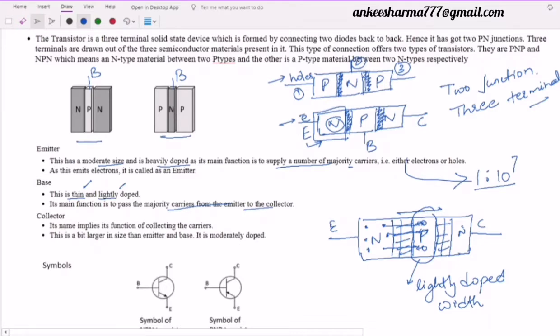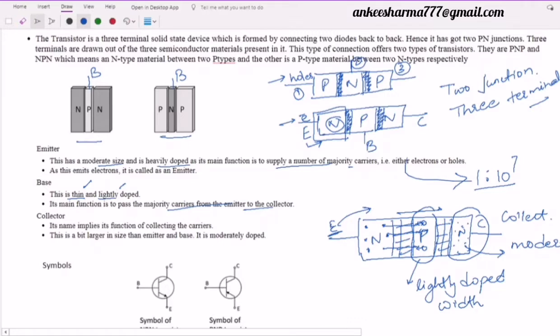Third one, which I am talking about here, is this collector part. Now as the name is collector, it means it is going to collect the carriers. Emitter will emit, base will only pass these carriers, and the collector is going to collect these carriers. So here we are going to have moderate doping. Why we want moderate doping? Why we don't have high doping? Because once we have high doping, the carrier concentration of electrons will be high, and in the n-type we have these electrons over here. It means the carrier concentration of electrons will be high. So once we have the electrons in the p side, it will be difficult for these electrons to reach the collector if we have high doping.